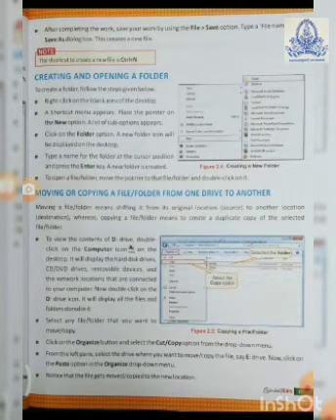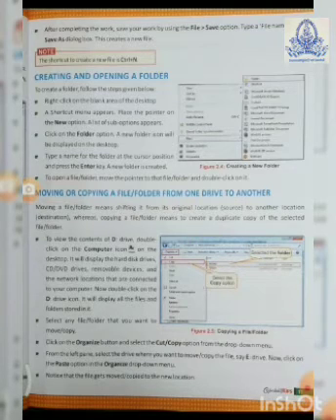What do I have to do? I have to select my pen drive or USB or hard disk or CD drive, you can say. That thing I have to select first. Both the files I have to just click on once. Then use the send option, right click of your mouse.